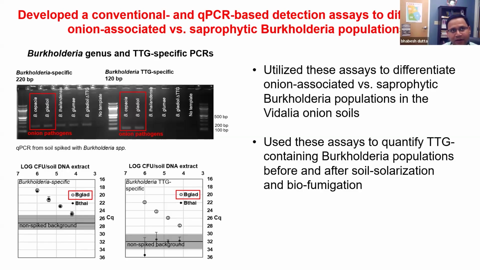Another aspect which we are studying next year is how we can introduce microbial soil biofumigation. We have produced some fascinating work through this project where we have utilized some microbial biofumigation, and it has shown much better promise compared to biofumigation itself, as well as soil sterilization, in reducing Burkholderia. So we will be repeating those experiments again. Now those are proprietary materials. I cannot divulge those names, but these materials have shown better promise in at least two different locations,